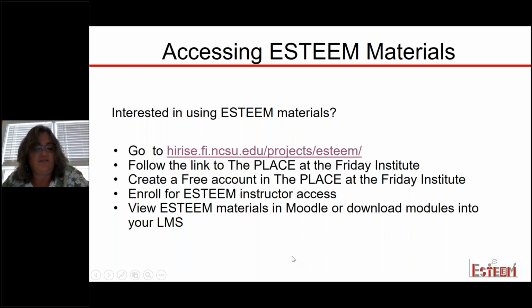I also believe, correct me if I'm wrong, Lori and Camille, that even the abstract had a link to the ESTEEM project, so it should be in the abstract of the talk as well. Well, we can make sure that gets added in, if it's not.